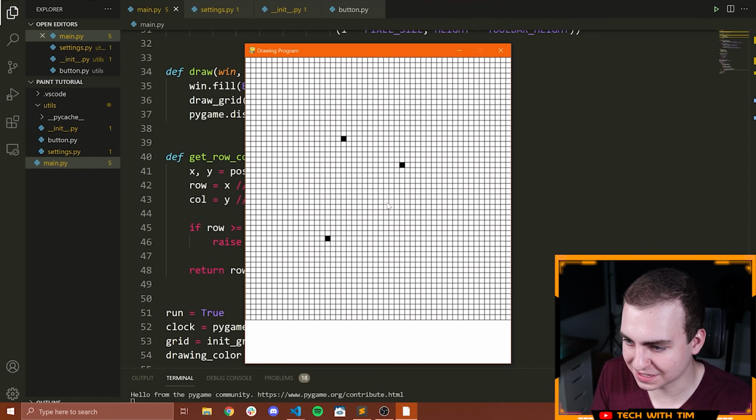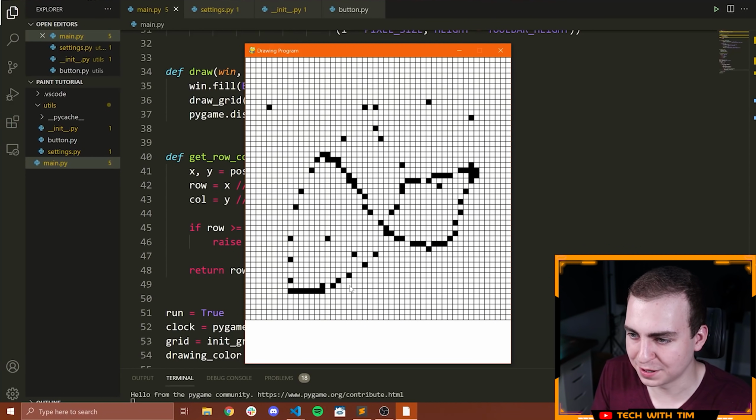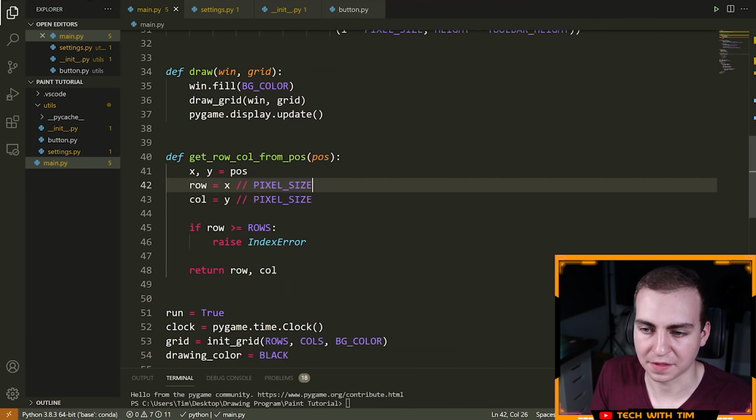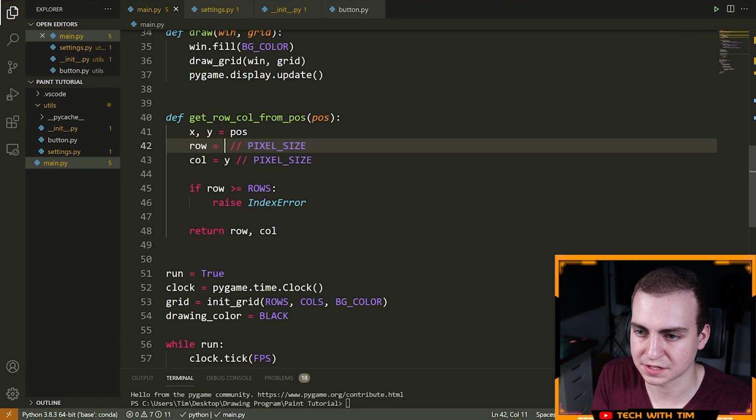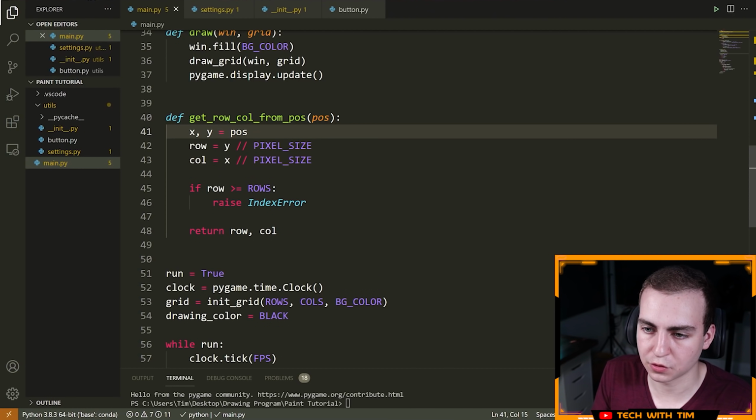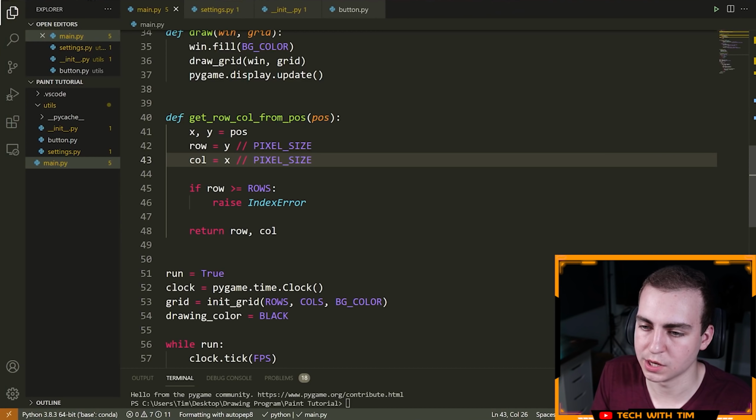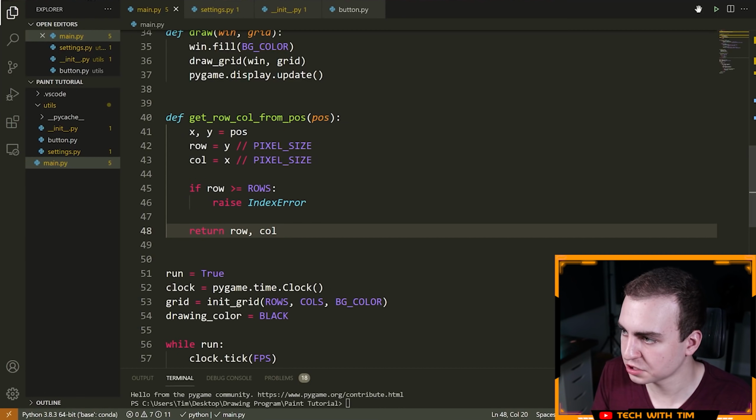Okay, so immediately this is not working, and I think I know the problem. I believe I mixed up the row and the column. So you can see it is drawing stuff, which is not based on where my mouse is. This is because I accidentally mixed up X and Y. So just swap these, sorry. For the row, we need to use Y, and for the column, we need to use X. Okay, my apologies on that, guys. So swap X and Y in this function, and we should be good now.